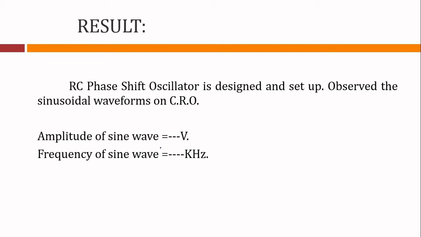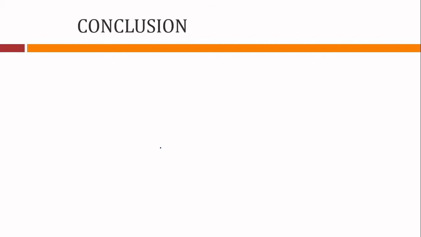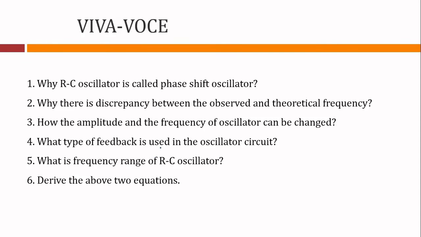In the first experiment we have explained how to read the amplitude and the frequency of the signal. So you can again refer to the first 2 videos if you have any difficulty plotting these results. And then you have to write down the conclusions. What is the outcome? Conclusion means what is the outcome of doing this experiment, and outcome depends upon the objectives, and we have already listed the objectives in the aim. So you have to always refer to the aim, and then you have to answer the questions listed in the aim in the conclusion. Always remember, there is a difference between results and conclusion.